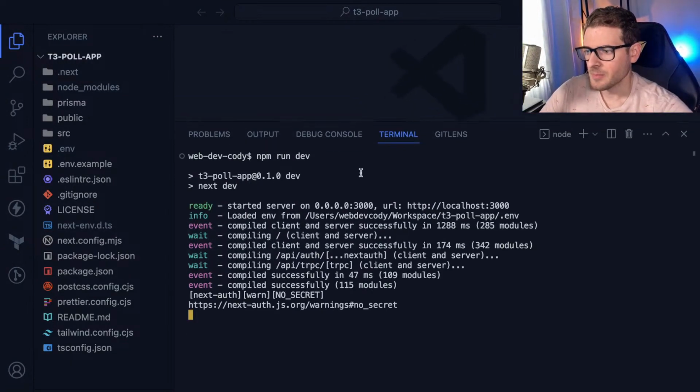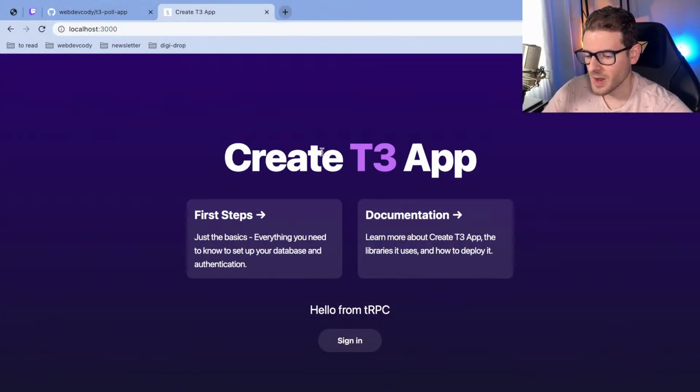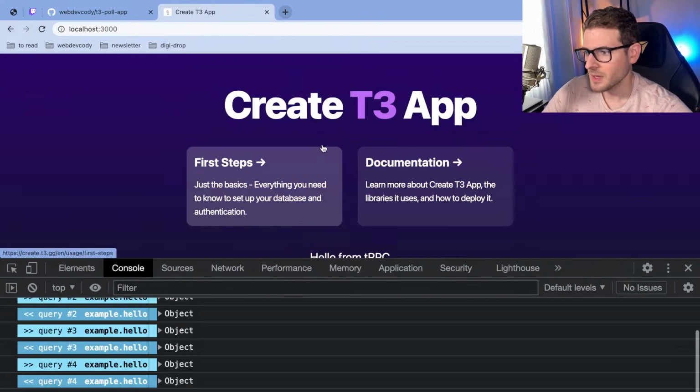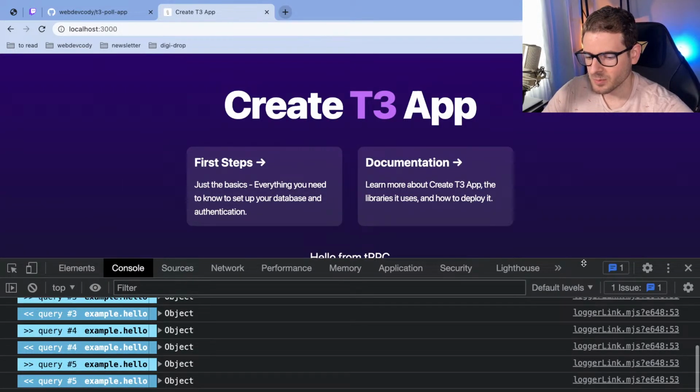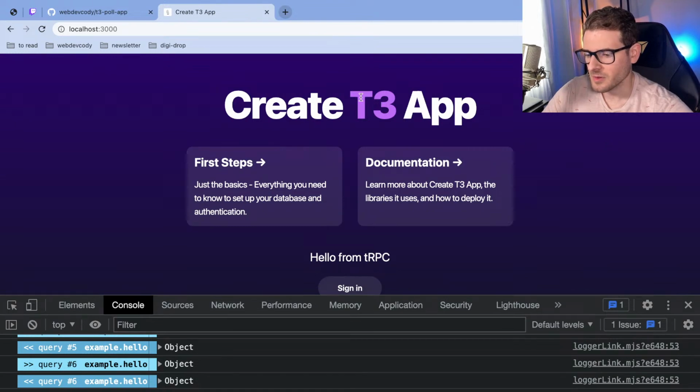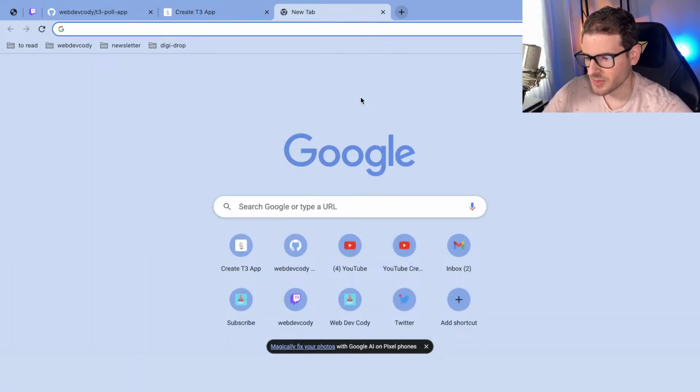Okay, so right now we got the app running. We got the UI here. It should all be set up. Now what I want to do is, can I get this deployed somewhere? I like to get the deployment stuff all set up before I start diving into the project. So I'm going to go to Railway